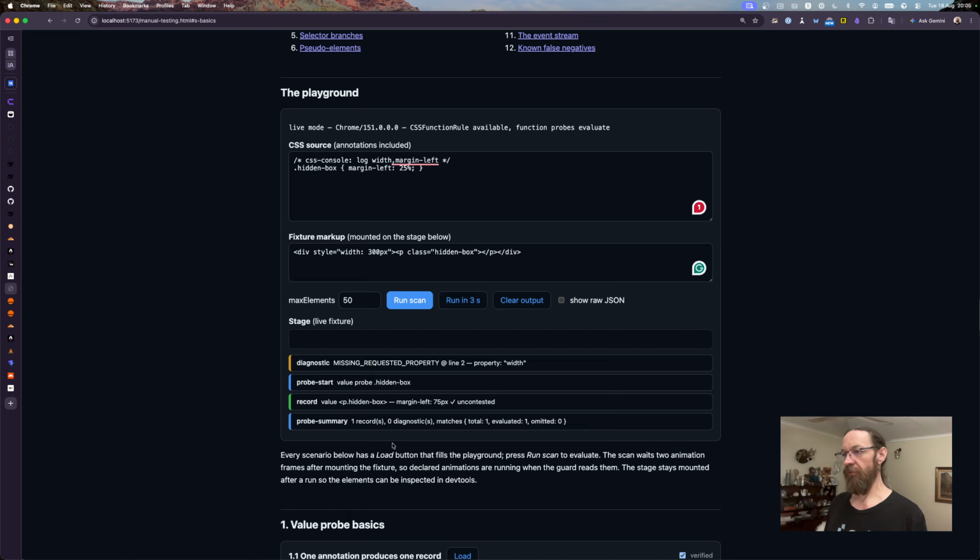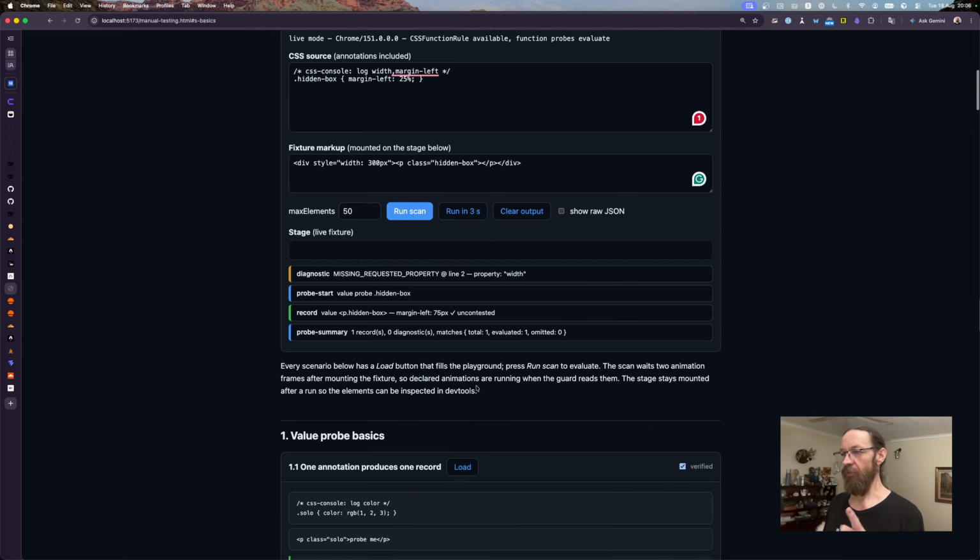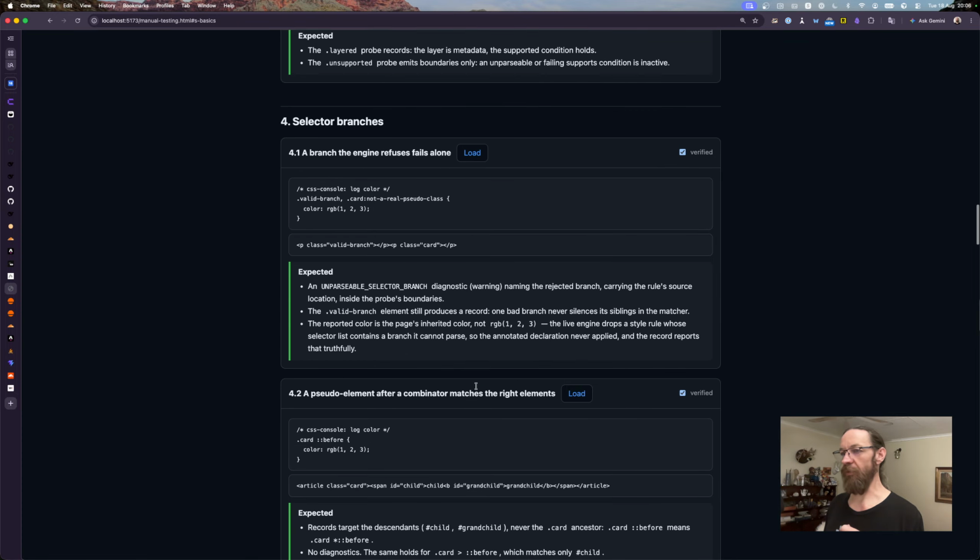But, and this is, did I just find a bug? Because here it said missing requested property. Aha, because here it says log the width. And there's actually no width property. So now it's giving us this additional feedback saying you're trying to log the value of a property that does not exist. The one thing I think might be a bug, and this is something I can go back to now,